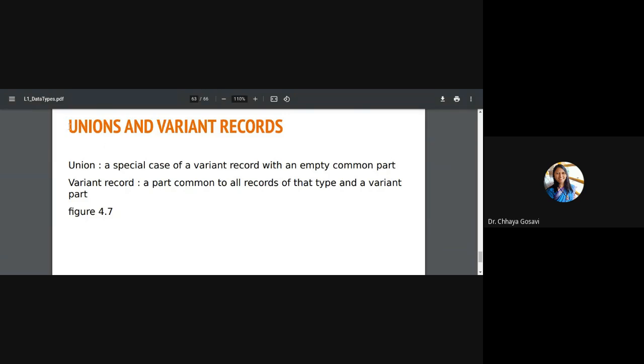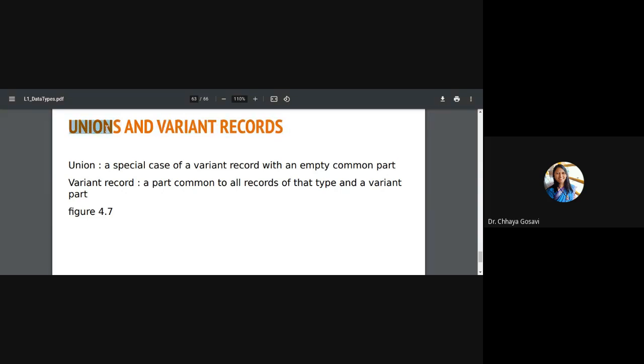The next topic is unions and variant records. It is again a different version of a record. It is a user-defined data type similar to a class or record, but it is known as variant records in Pascal and unions in C. Note that these are two different names for the same data structure.